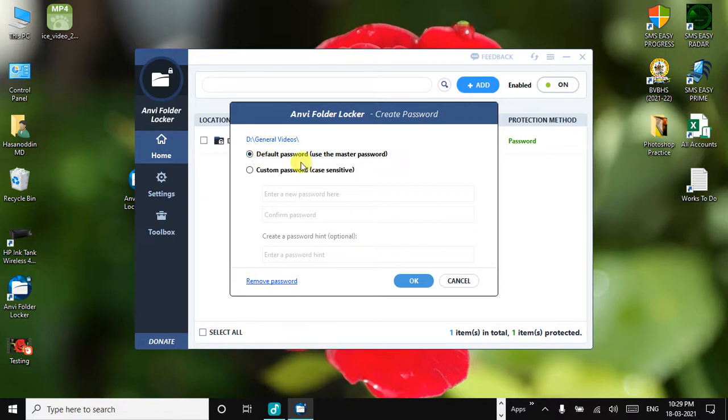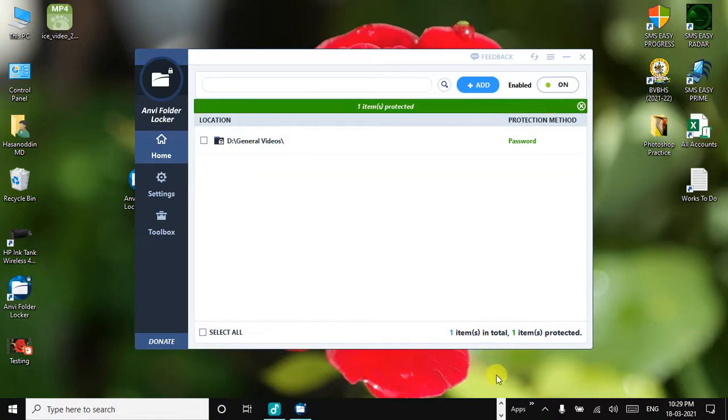So if you want to give some other password than default password, you also can select custom password and you can give other name to the folder. So we want default password. Now click on OK. Okay.